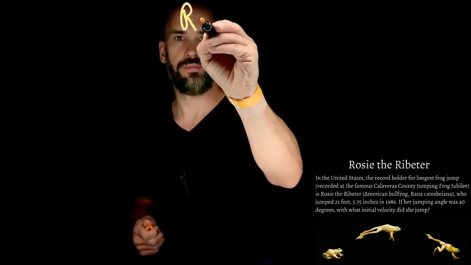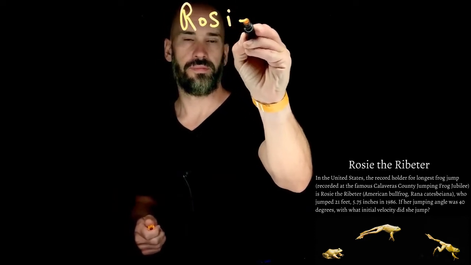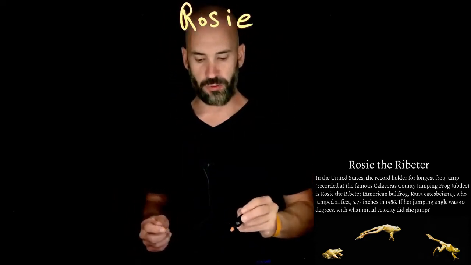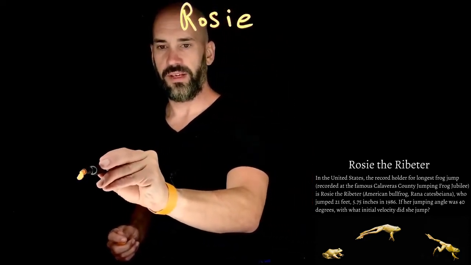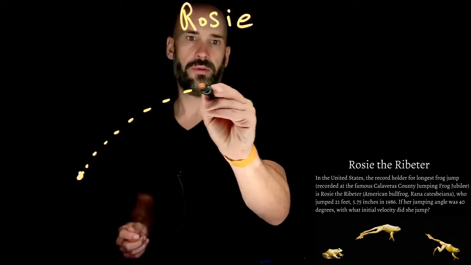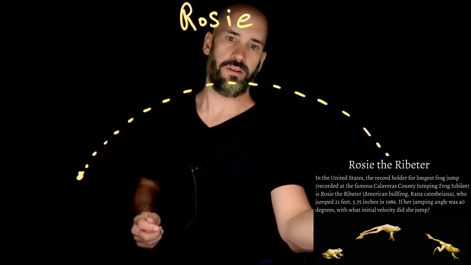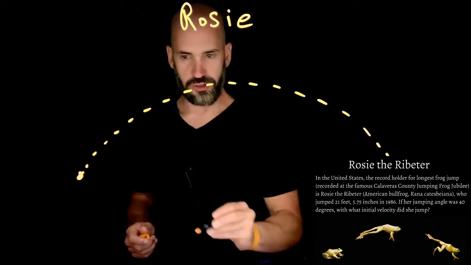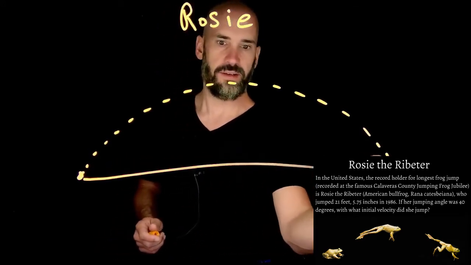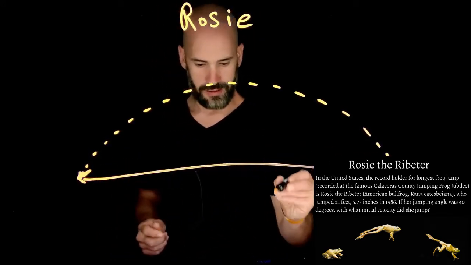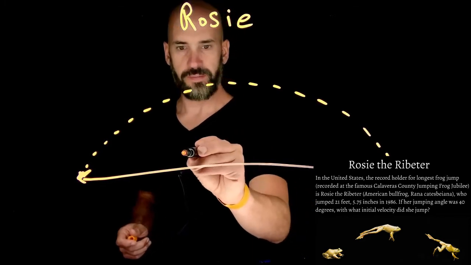Okay, cool. So you have little Rosie. So this is the Rosie problem. Okay, and you have Rosie starting here and doing a projectile motion jump from here over to here. Okay, and it tells you that distance is 21 feet